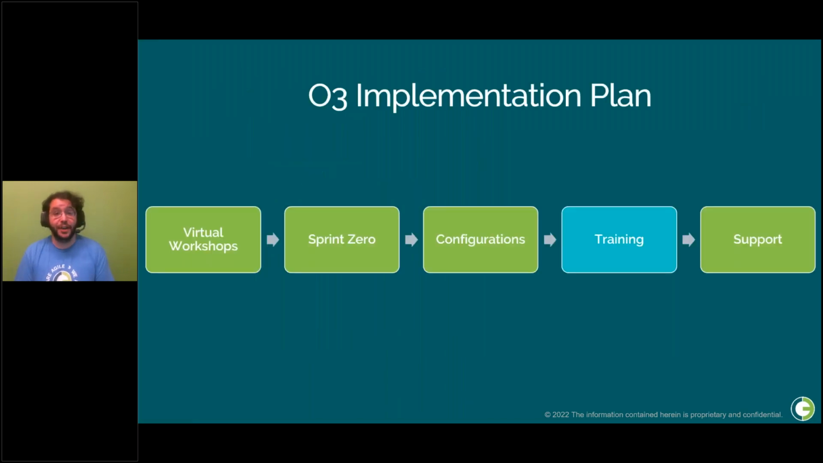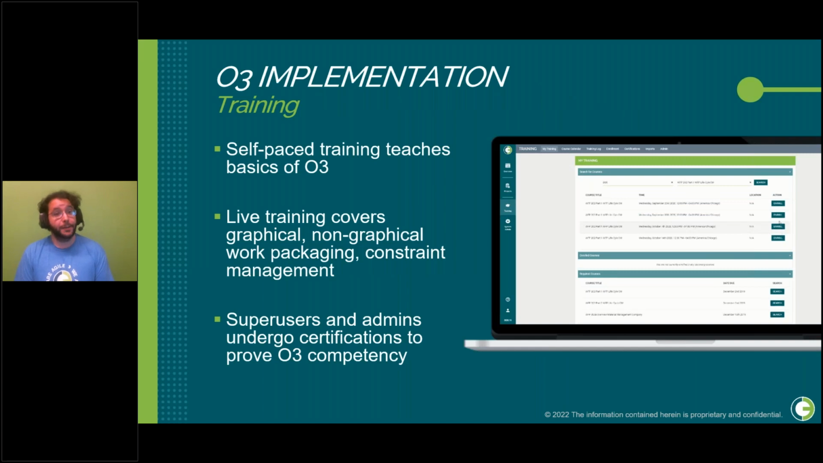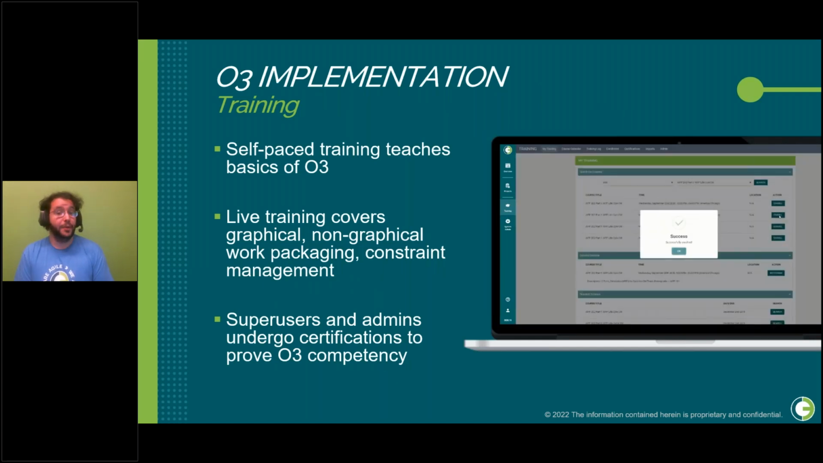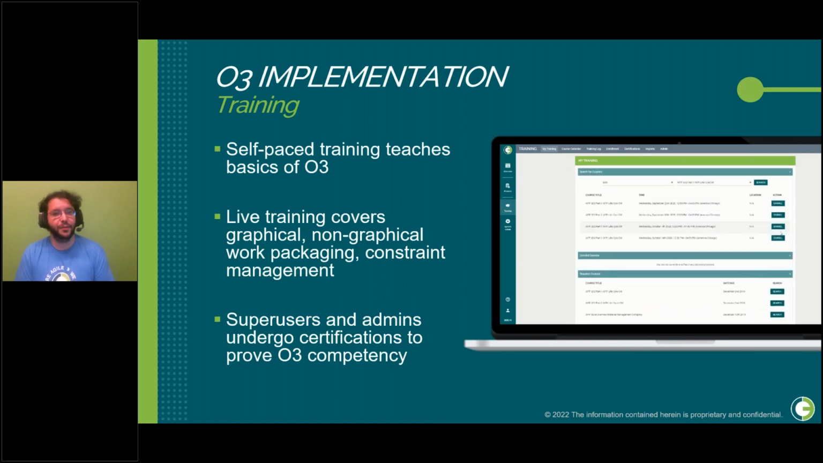And once configurations are done, it's time to roll it out to the team. So before we can start, or before your team can start using it officially, they need to learn how to use it. O3 takes a combined approach to training. We start off by enrolling your team in our self-paced training series, which typically covers the basics of O3, work